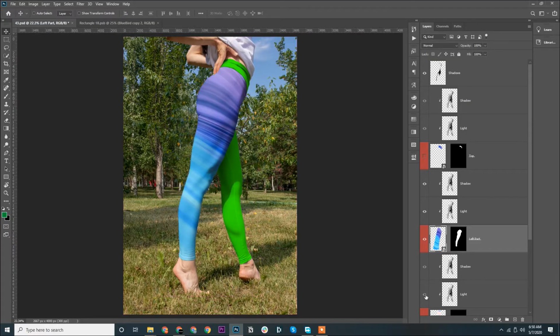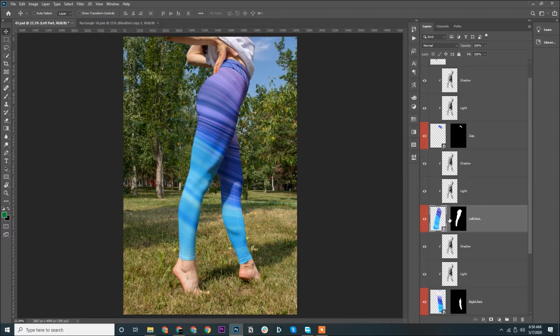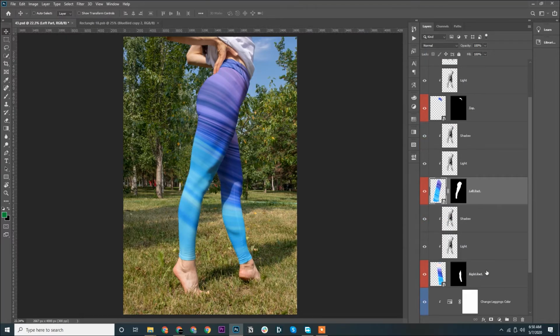Okay, so these are the originals. From the left part we'll create a top part and the right part, so that only one smart object replaces all. So how are we going to do this?